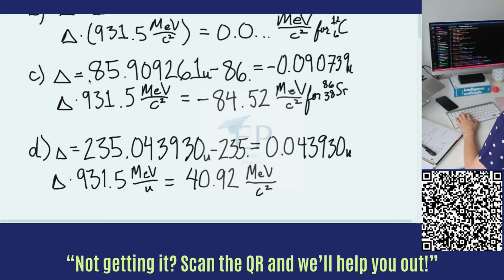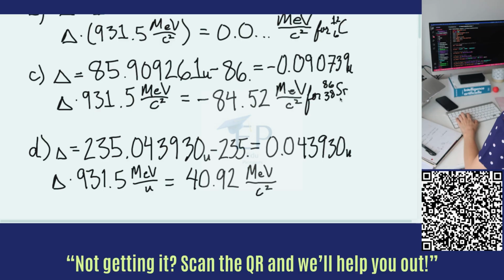Next, we're looking for the mass excess for, I believe it's called strontium. Look it up here. Yeah, strontium. That was close. And same procedure. 85.909261 is its mass in atomic mass units. We're subtracting 86 decimal, and we're assuming that it also has atomic mass units. We end up with a difference of negative